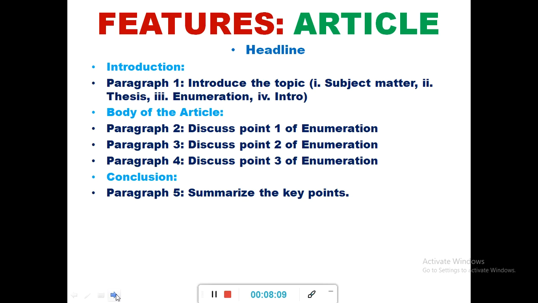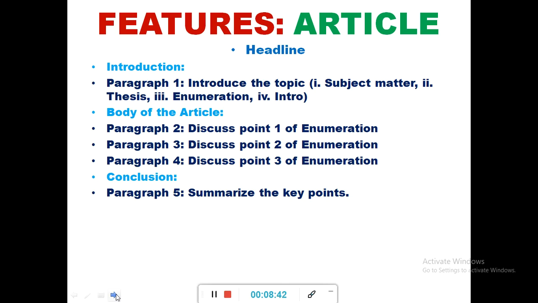Normally, an article's introductory paragraph should contain some essential ingredients, such as the subject matter, the thesis. This is the thesis we are talking about, which is different from the other academic paper, which is thesis as well. But this one, to differentiate it, we normally look at as a thesis statement rather than thesis per se, although it is also called thesis. Then followed by enumeration and also by intro.